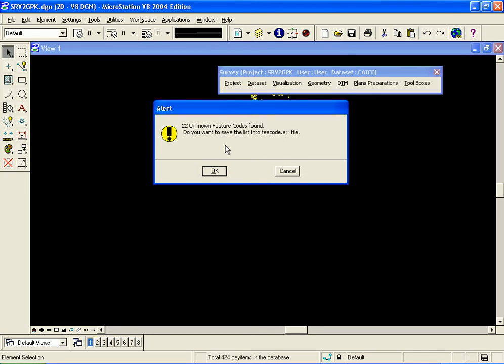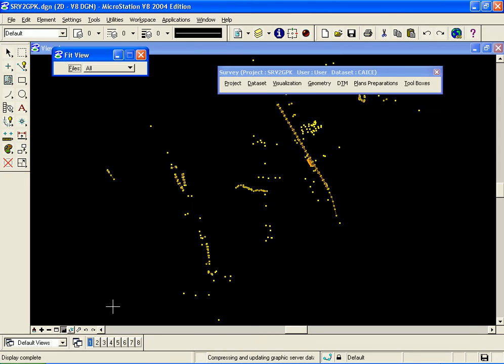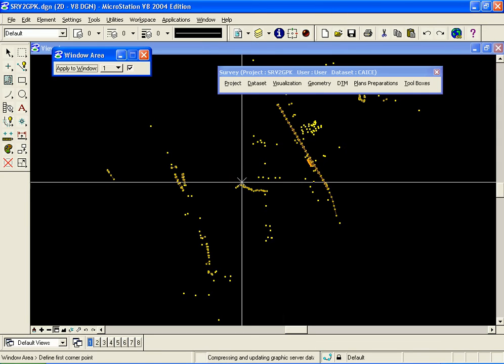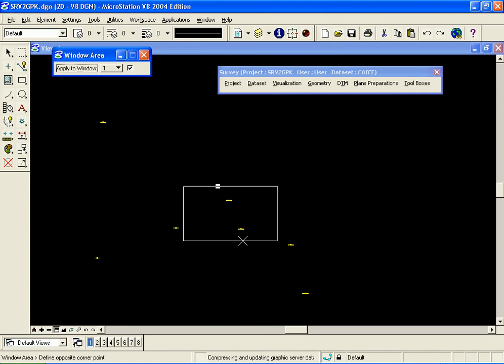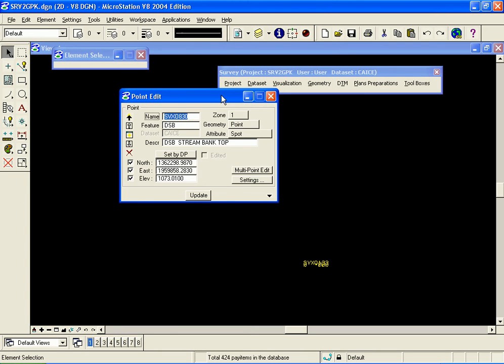I have many unknown feature codes. I'll choose to place that selection into my feature code error report. And now we'll see that I have points and chains from my Casey SRV file now in my GPK database. And these act like just any other GeoPack points and chains, and that I can edit them,